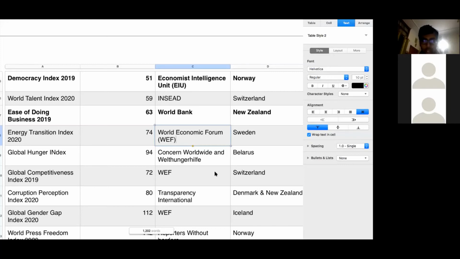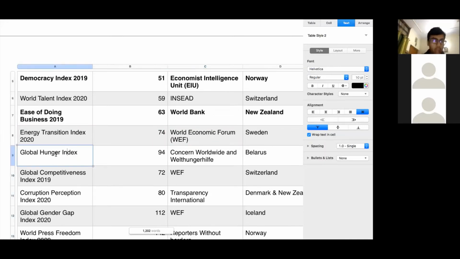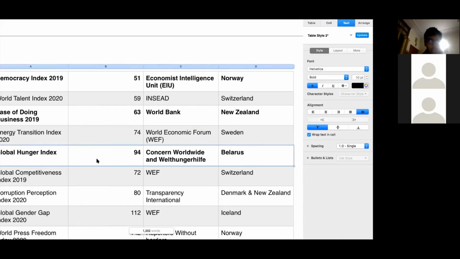So as I mentioned, most of these countries, Sweden, Norway, Finland, Denmark, Netherlands, Switzerland, they are going to be among the top in a lot of these rankings, and New Zealand as well. Then we come to another very important ranking, which is the Global Hunger Index. I've discussed this earlier as well in one or two previous sessions.